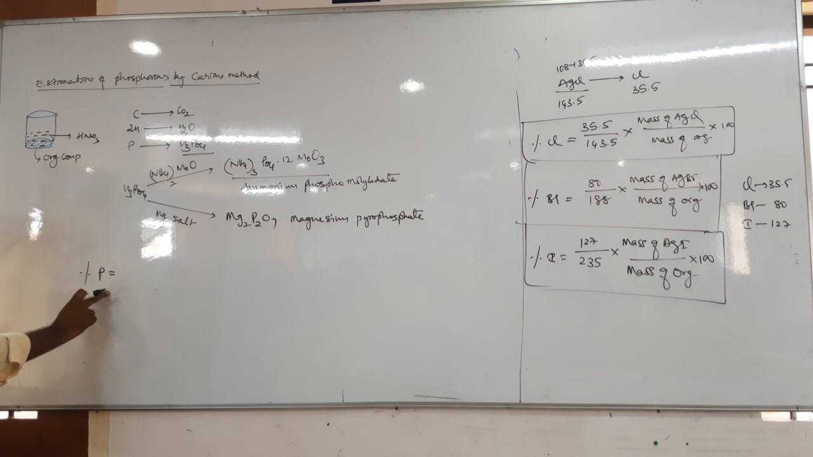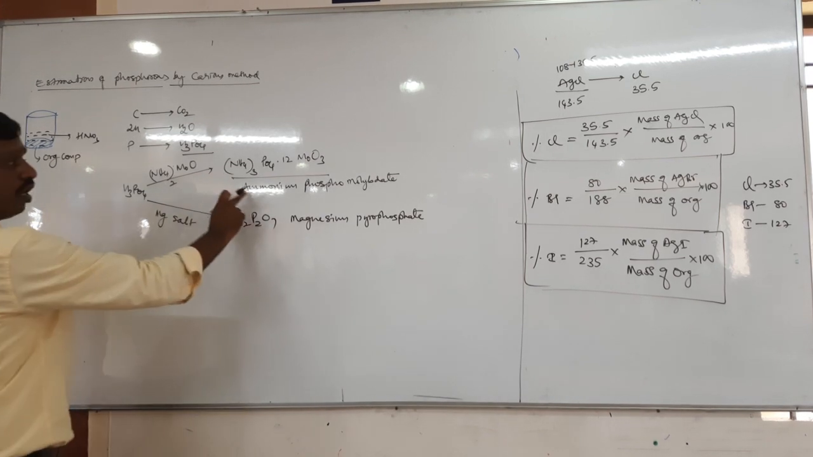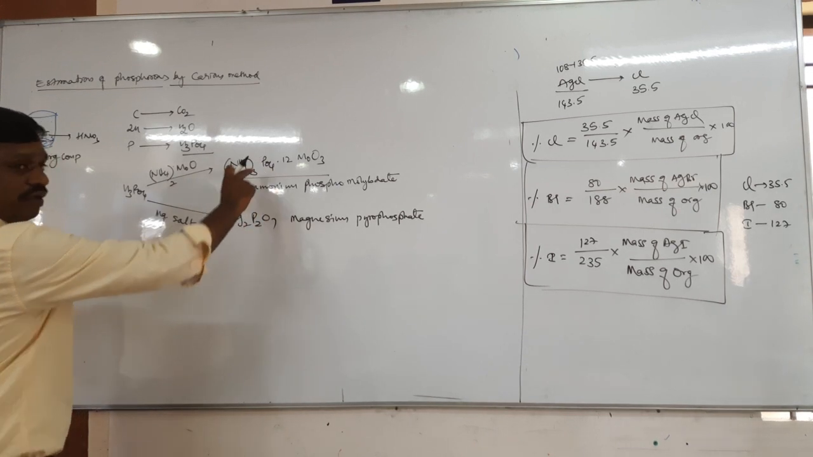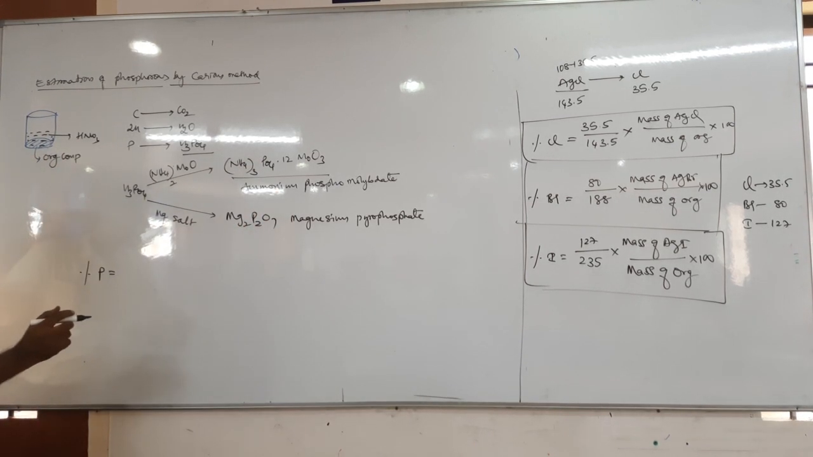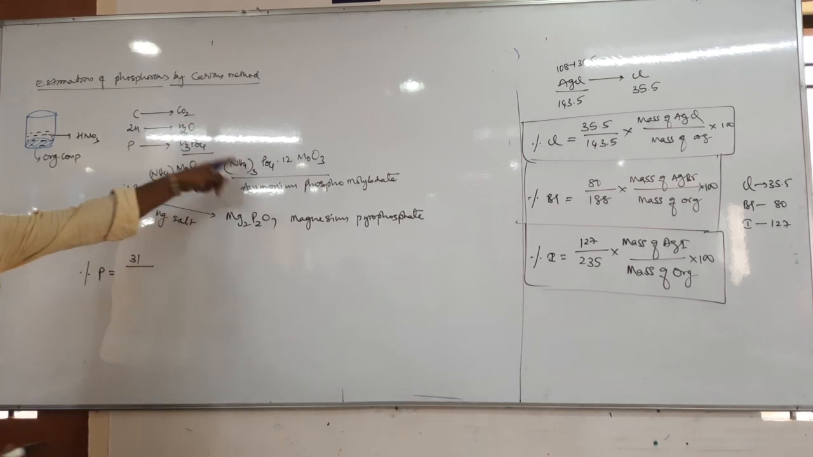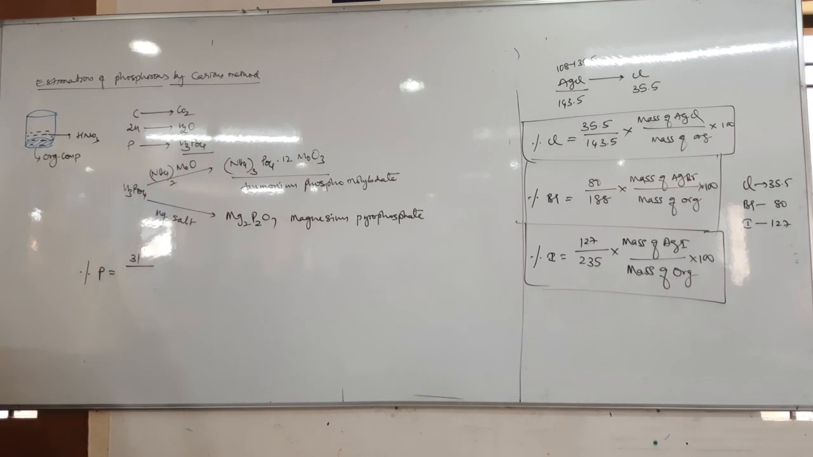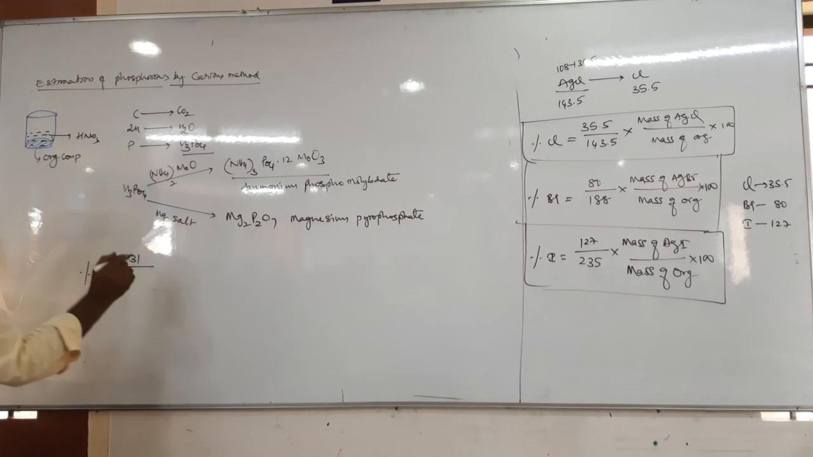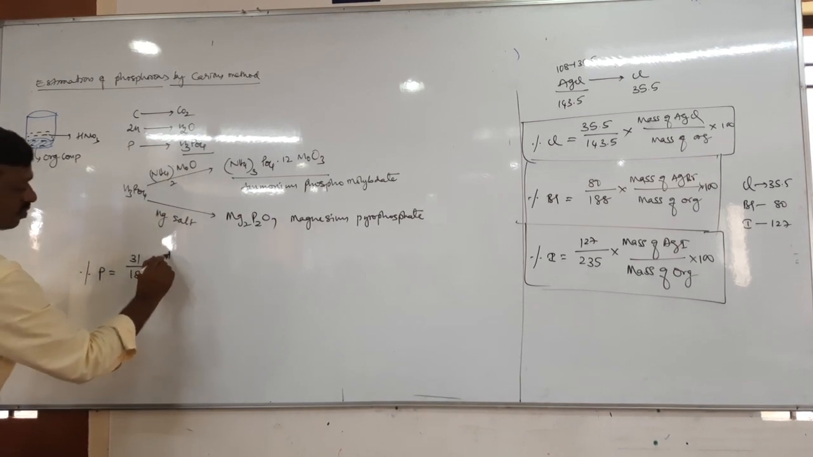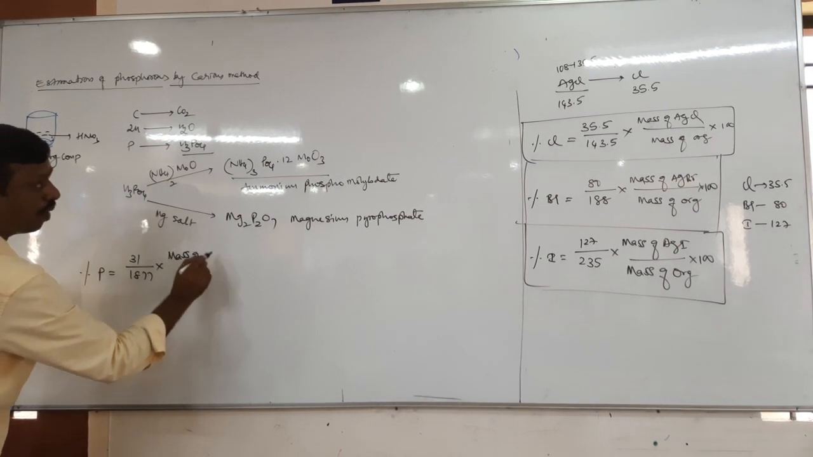Tell me. Now percentage of phosphorus equals, in terms of ammonium phosphomolybdate, there are how many phosphorus? 1. So what is the atomic mass of the phosphorus? 31, divided by the molecular mass of the ammonium phosphomolybdate, which is 1877, into mass of